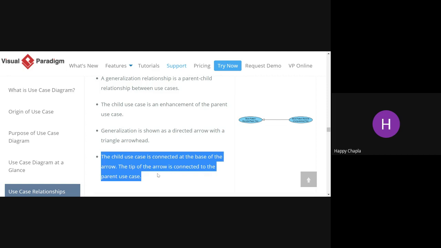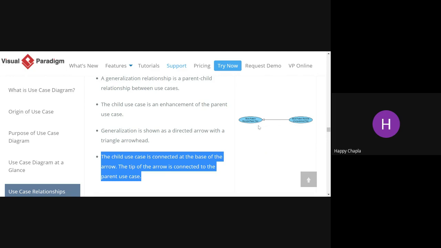Now the child use case is connected at the base of the arrow and the tip of the arrow is connected to the parent use case. Okay, now the store patient record, that is computerized file, is generalized towards store patient record. Okay, so that means, this is computerized file, this is paper file. So we are generalizing it from here to here.